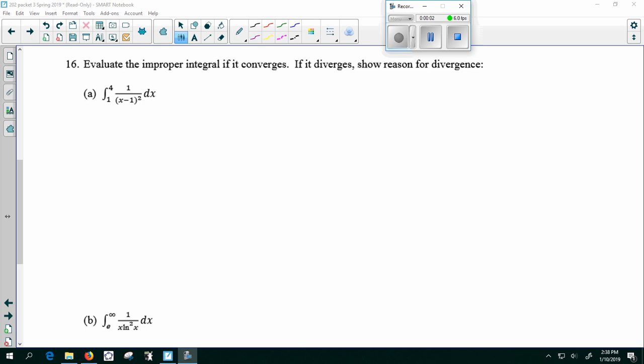Evaluate the improper integral if it converges. If it diverges, explain why. All right, so I want to evaluate the integral from 1 to 4 of 1 over (x minus 1) squared